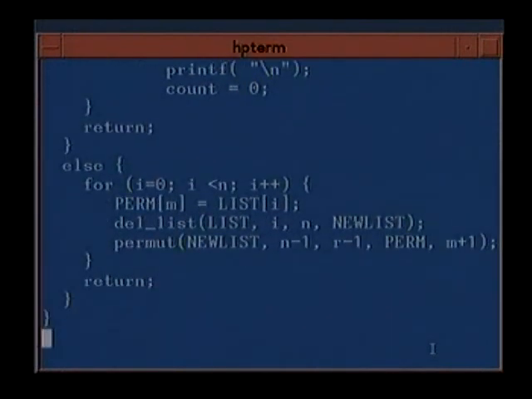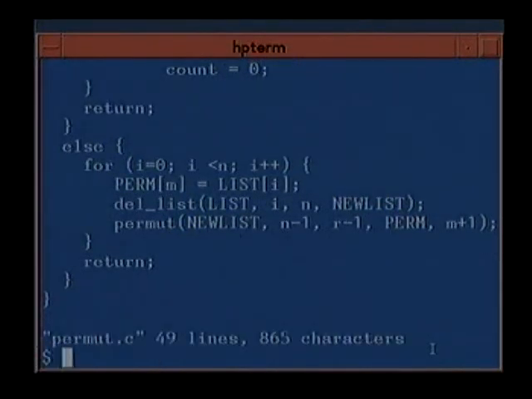And else, this part: for i equal to 0 till i less than n, i plus plus, perm[m] is equal to list[i], delete list[i] from n to get new list, and call it with new list, n minus 1, r minus 1, perm, and m plus 1. So this is what we were writing.